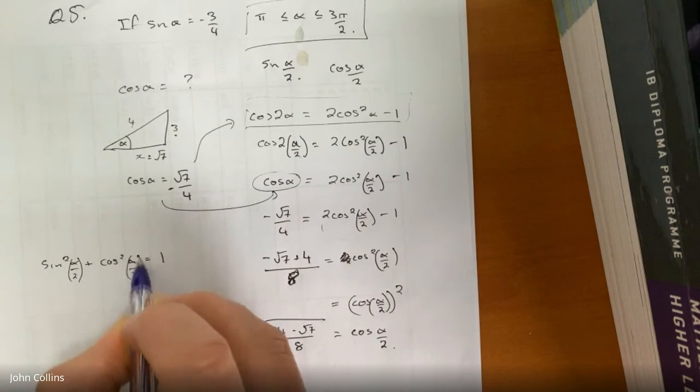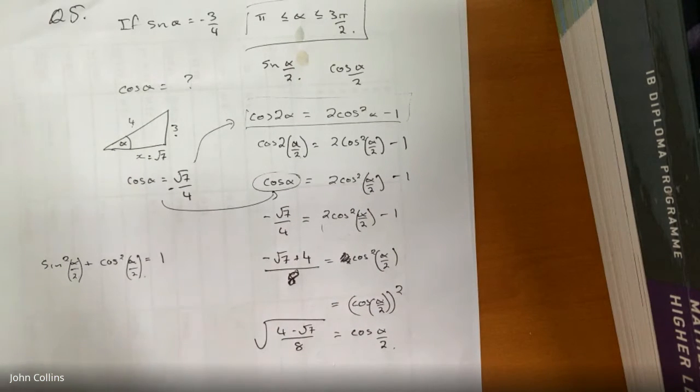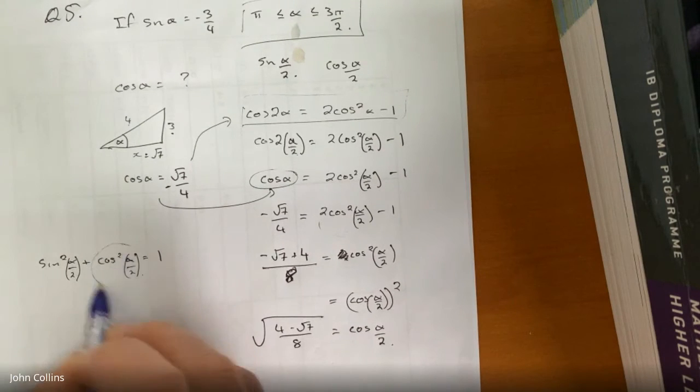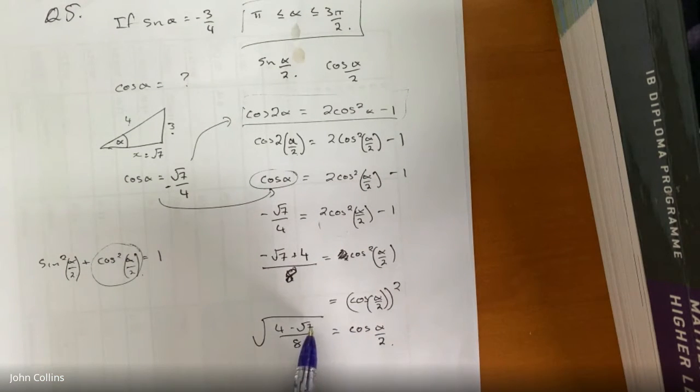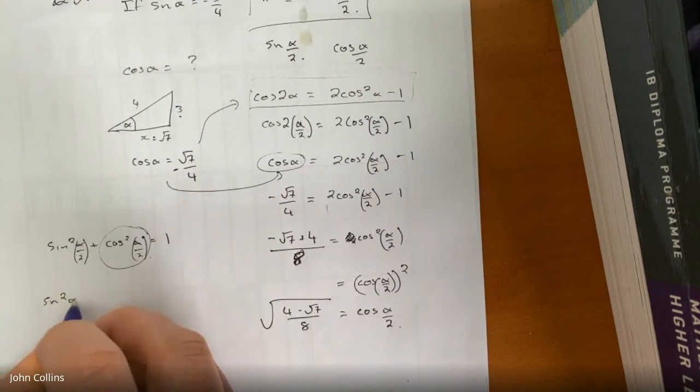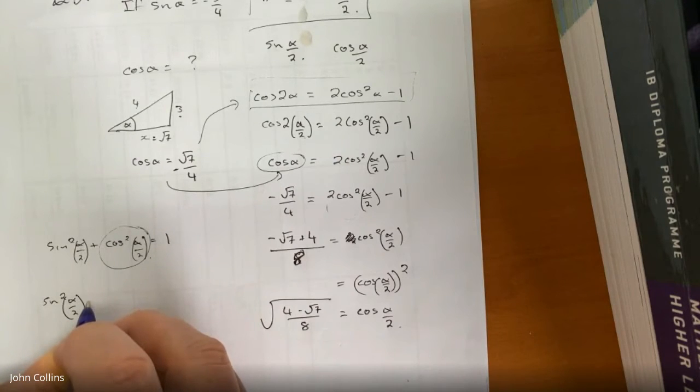If it's the same angle, it always equals 1, because cos squared plus sine squared are like opposites of each other. I already have a value for cos squared from this work, or from part E if you did every part. So sine squared alpha over 2 plus